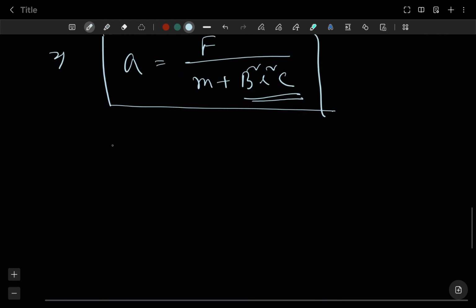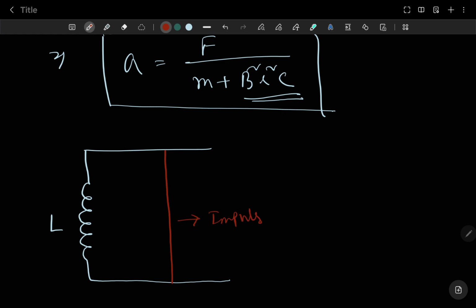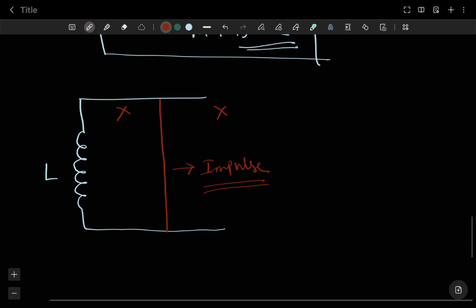Now in the third case, let this be an inductor L. Okay, now an impulse is given to it, on this conductor. So what will happen? On this conducting rod an impulse is given to it. Okay, now what will happen here? See,